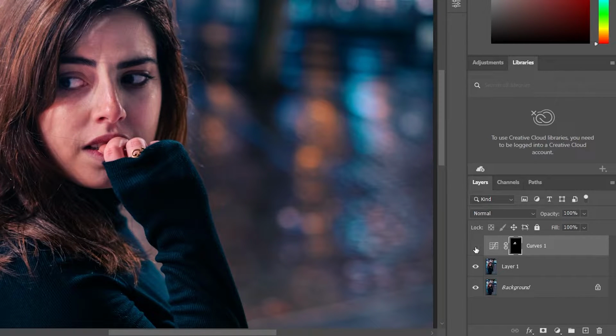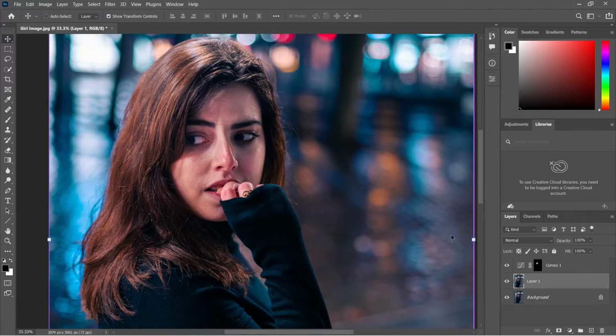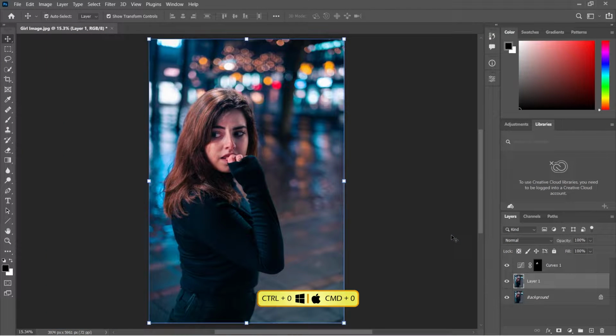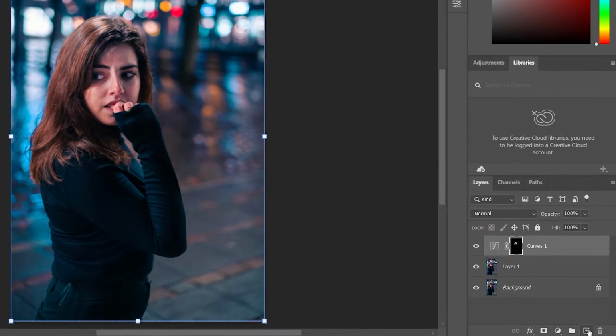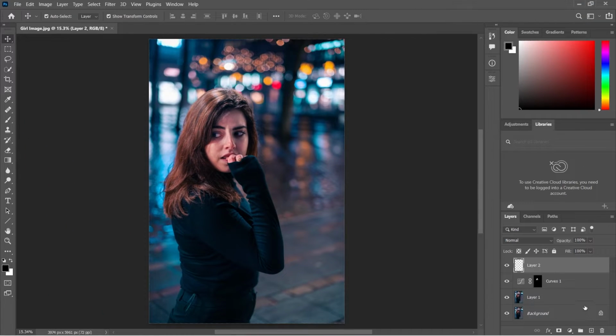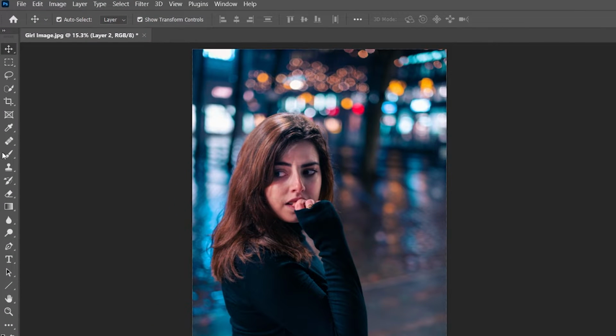Let me turn it off. You can see the before and after difference. And then I'll select the move tool and press the Ctrl 0 key to fit the image on the screen. Now I'll add some lighting effect by creating a new layer, and with the help of the brush tool,